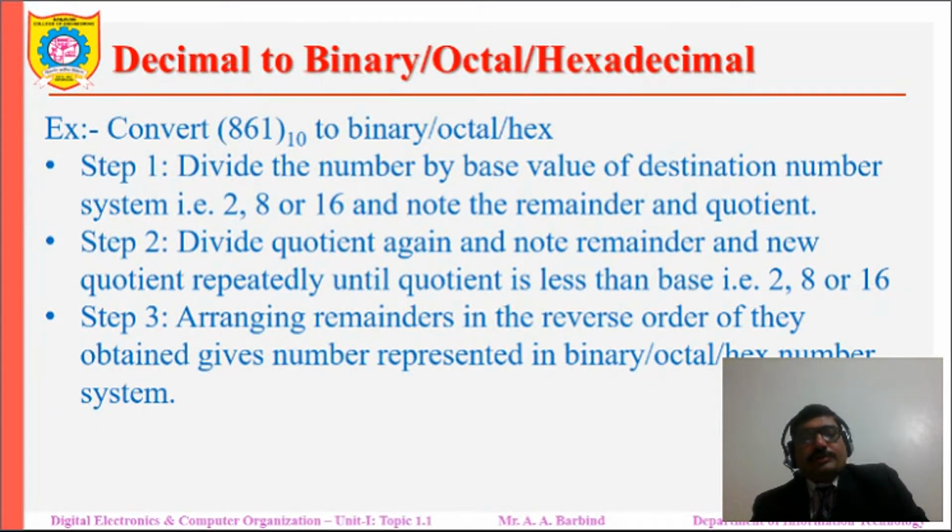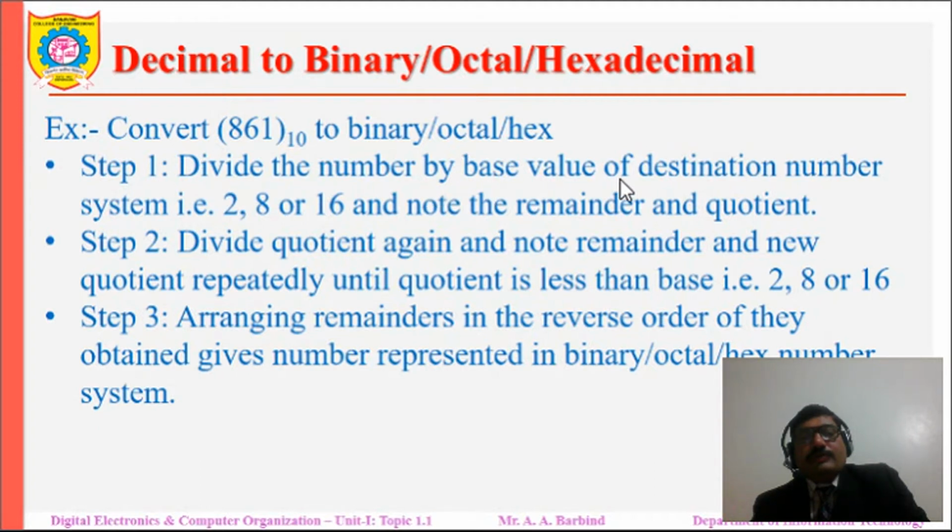Hello dear students. Now let us see conversion of decimal numbers to the binary, octal or hexadecimal number. So for this purpose let us consider the example to convert the decimal number 861 to either binary or octal or hexadecimal number. The first step to convert decimal number to any of these number system is to divide the